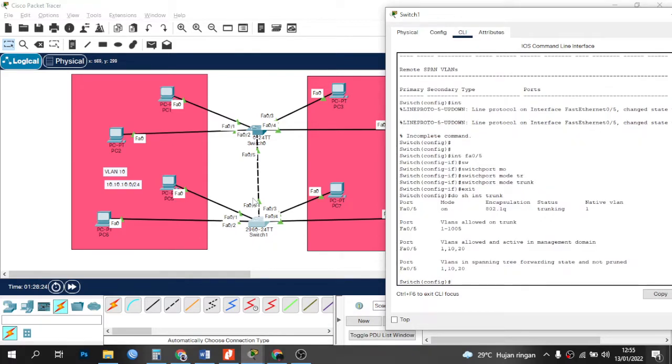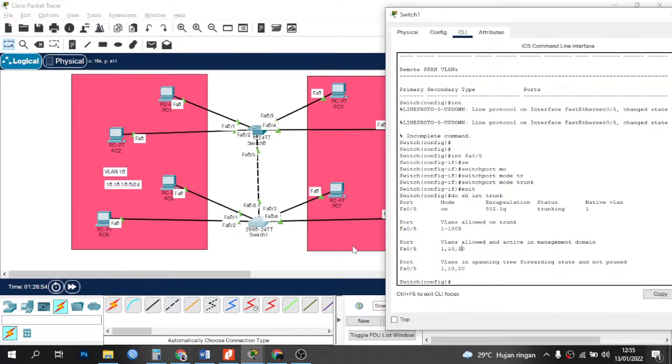Okay, now it can be seen here VLAN 10 and VLAN 20 between the switches can access each other through the interface fa 0/5.